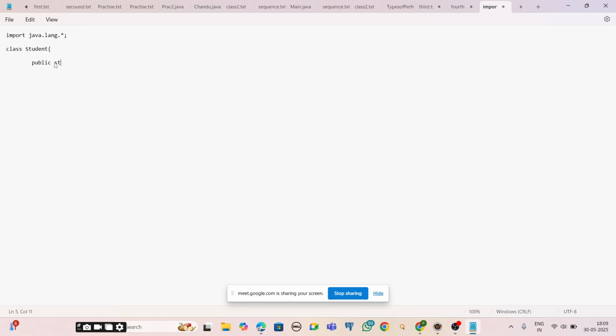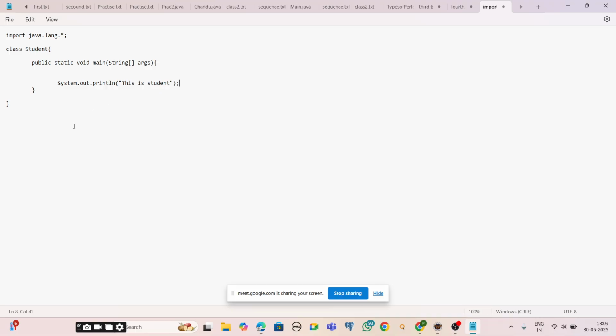So public static void main(String args), and let me close the braces. Inside the main method, I'm trying to print a single statement like System.out.println, and I will print something like "This is student."